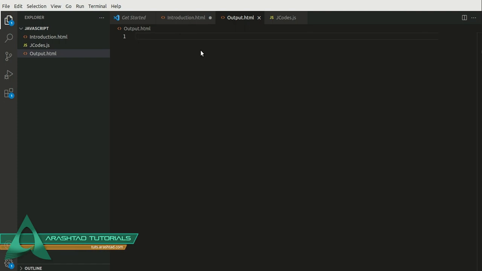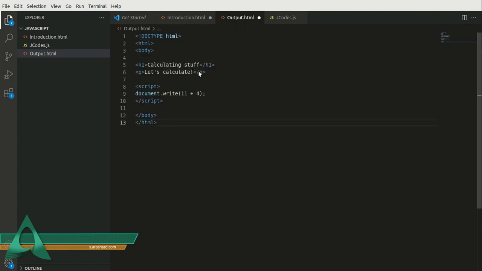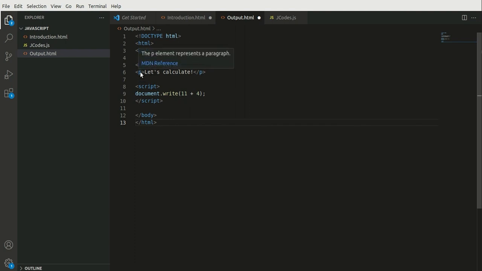So first of all, I'm going to get us started by using document.write. Here, as you can see, I'm going to calculate something. In the h1 tag, I've written calculating stuff, and in the paragraph tag, I've written let's calculate. And inside of the script, we're going to use document.write, and this is going to write the result of something inside of the HTML